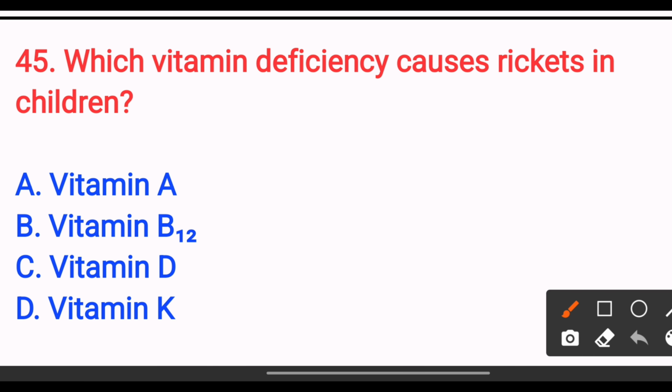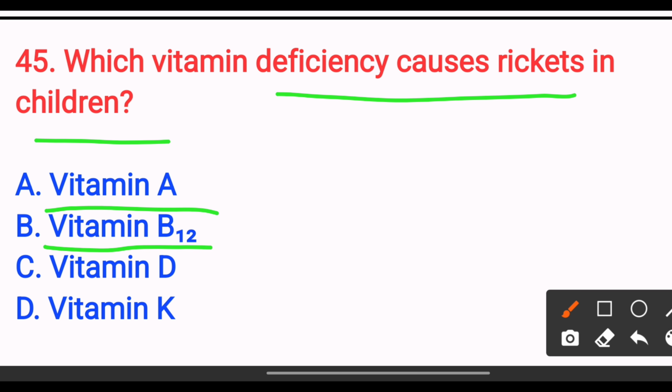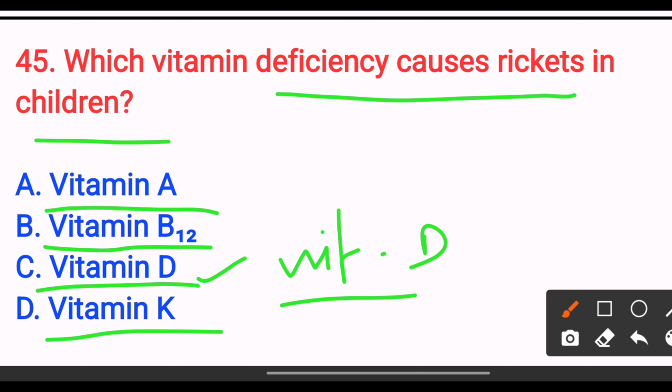Which vitamin deficiency causes rickets in children? Option A vitamin A. Option B vitamin B12. Option C vitamin D. Option D vitamin K. The answer is option C, vitamin D. Vitamin D deficiency leads to impaired calcium absorption, causing weak bones and deformities. So the answer is option C. Next,